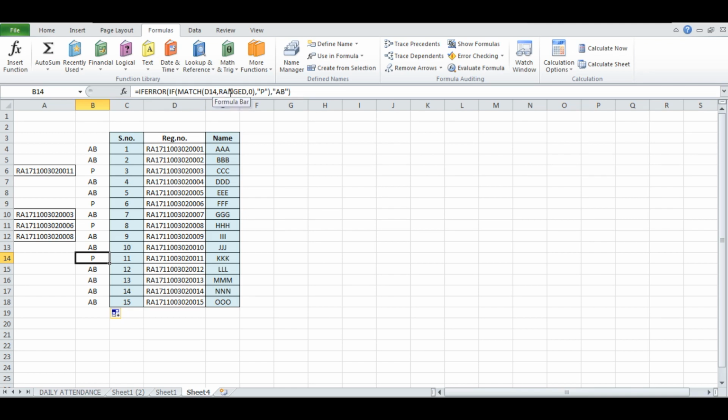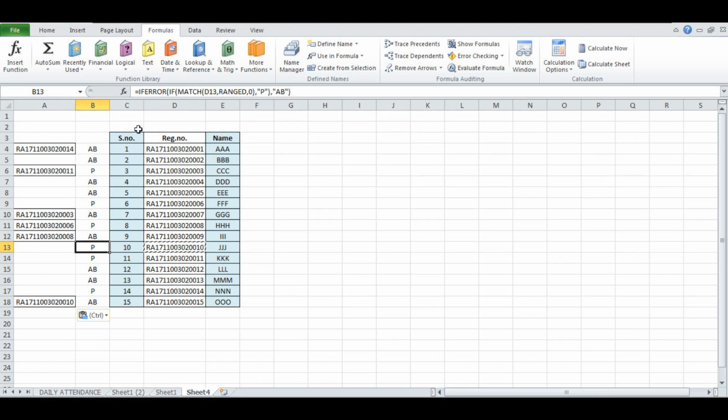So instead of giving the direct ranges, if you save the range in a particular name and give the name here and drag and drop, otherwise you have to create formula for each and everything. Okay, if there is 100 students, you have to create 100 formulas. It's very tough. So instead of that, create the user defined range and put the name here. You can drag and drop here. Now whatever the number, whatever the order, it may reflect back. Say here 14, 10%. So this is how I created the formula. So this is phase 2.